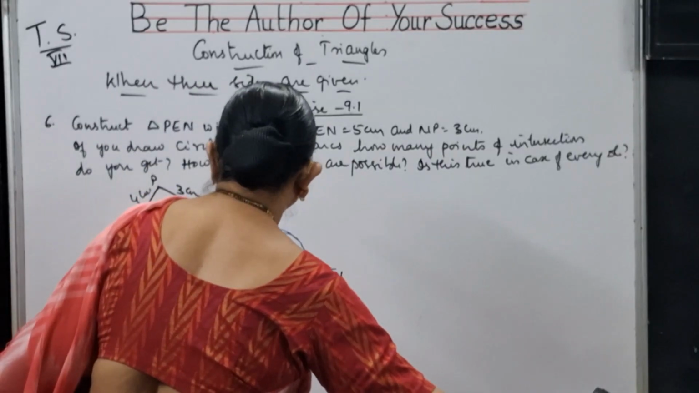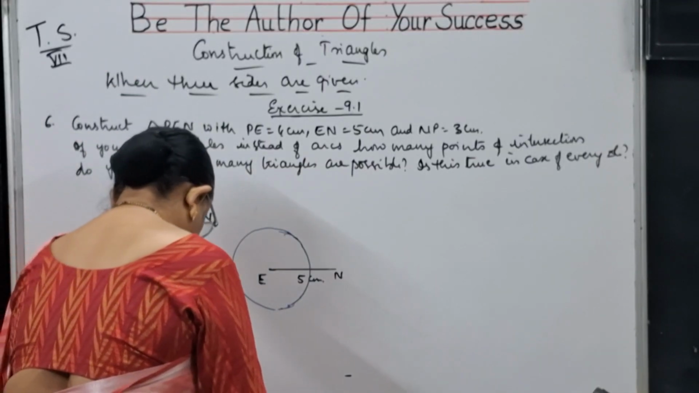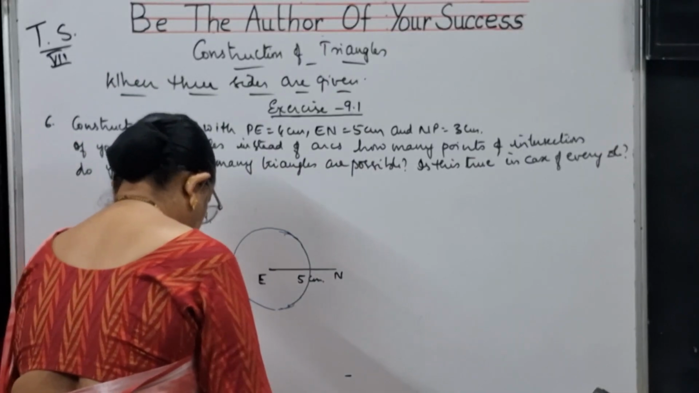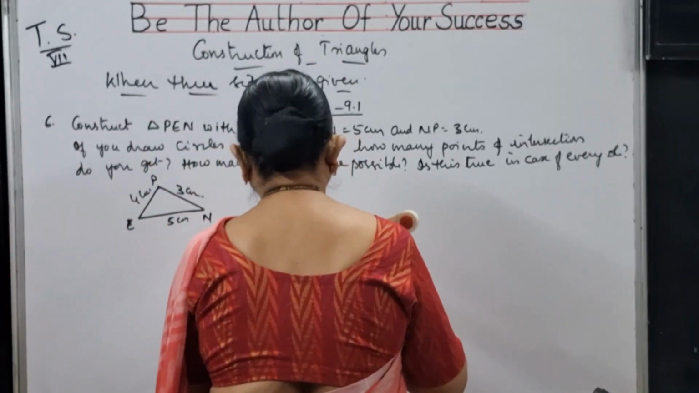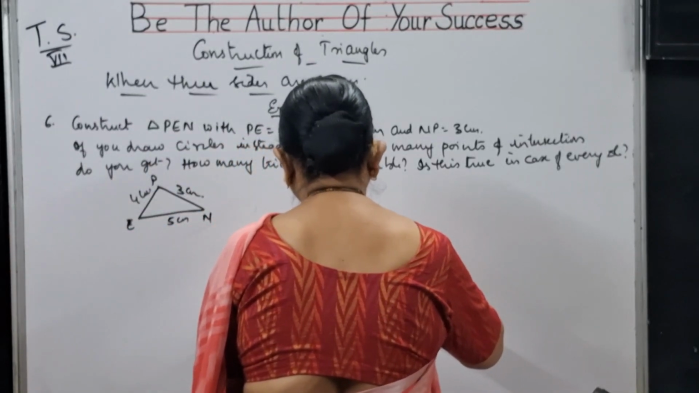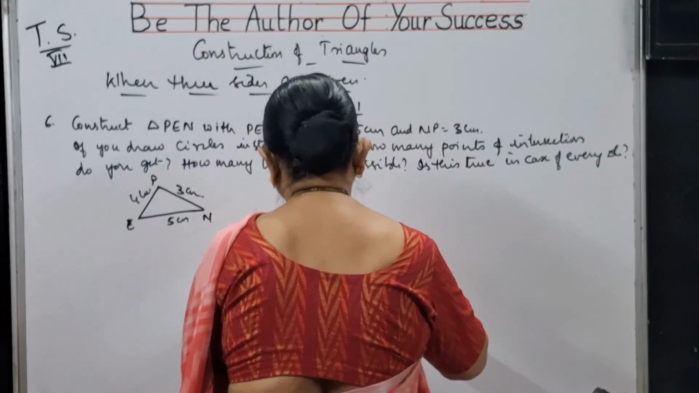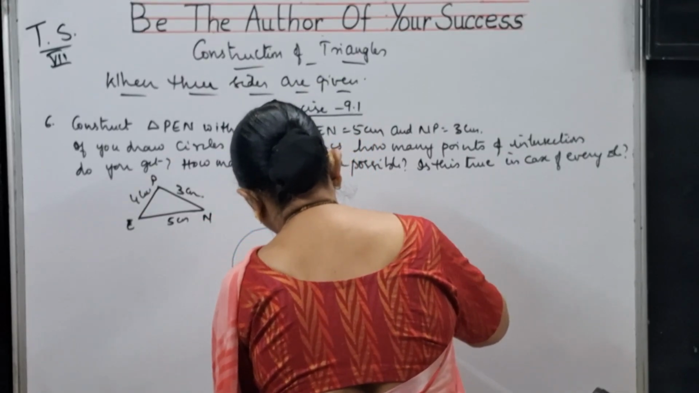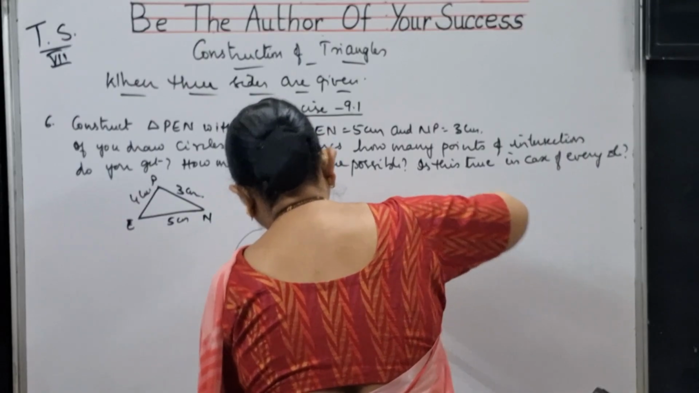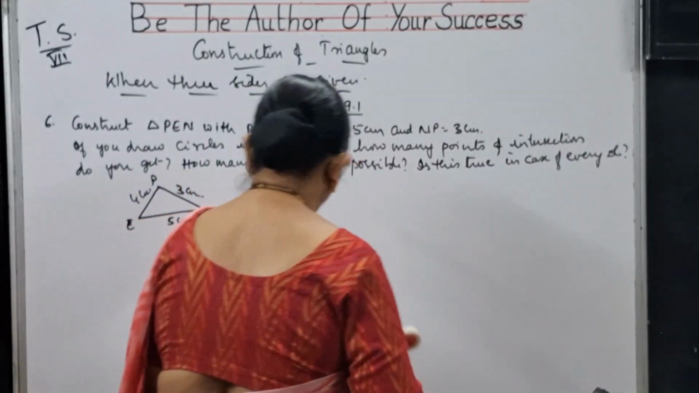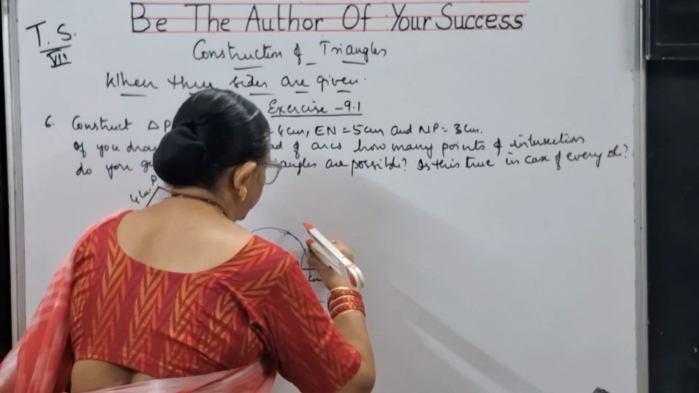Now, N as a center, 3 centimeters. So, this is 3 centimeters. So, 3 centimeters as radius, N as a center, I should draw a circle. So, when I draw a circle with N as a center, 3 centimeters as radius, I will get it like this. So, I will continue, children, because this is